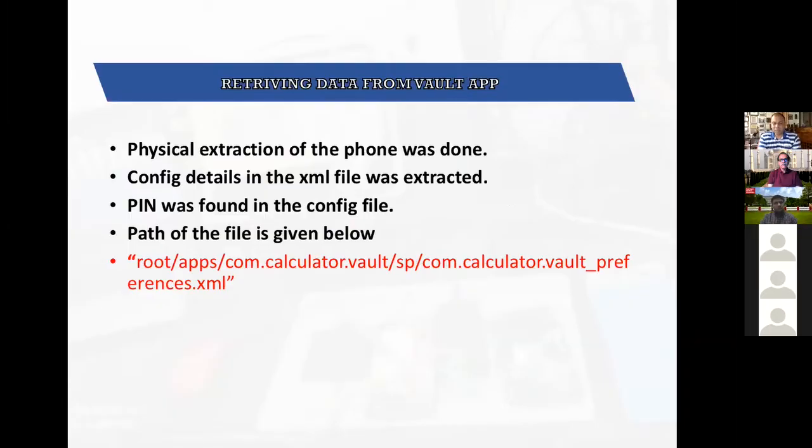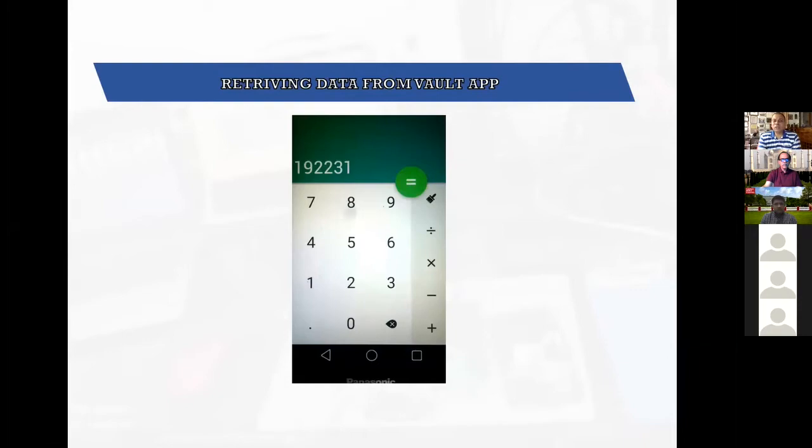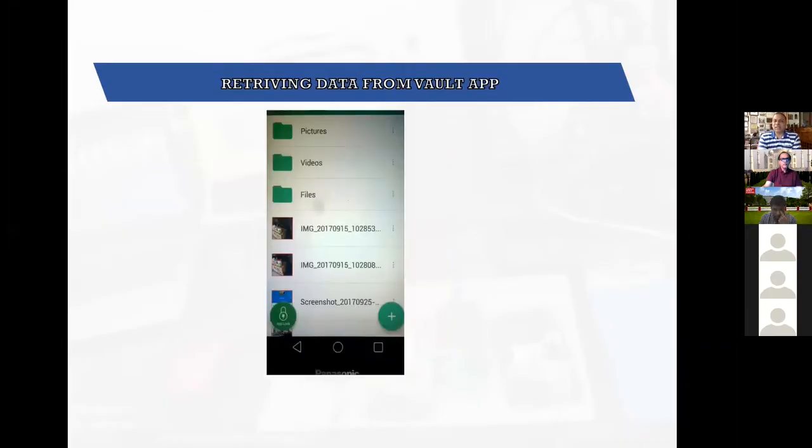After we were able to get the configuration file, we could home in on some string which we thought could be a password. If you see something highlighted on your screen, MPass, some digits of 192231. What we did is, we used this as an input to the locked calculator application, and we were